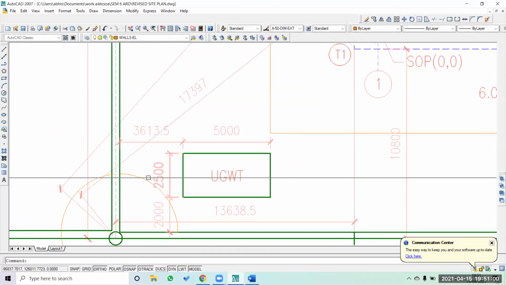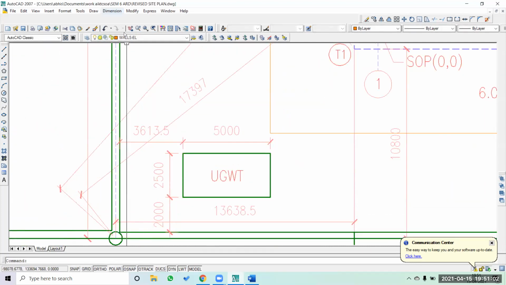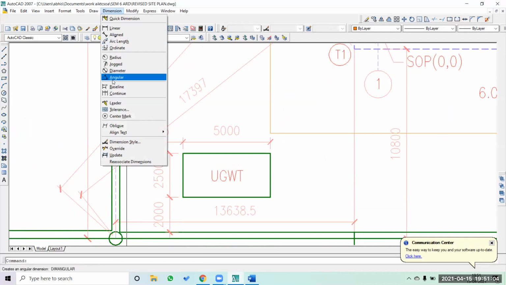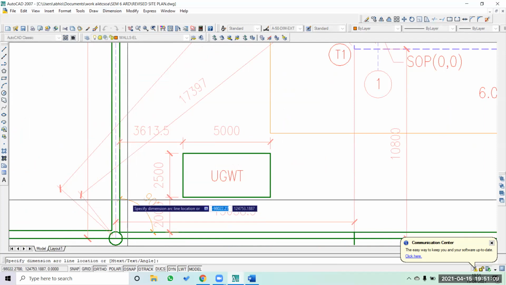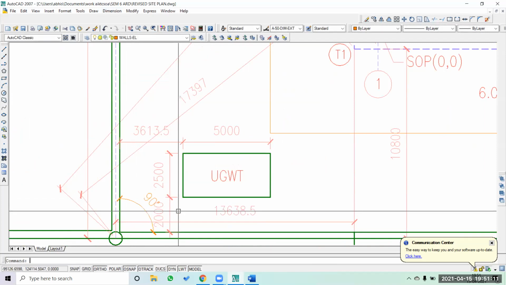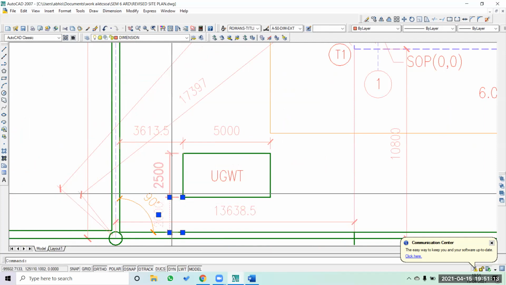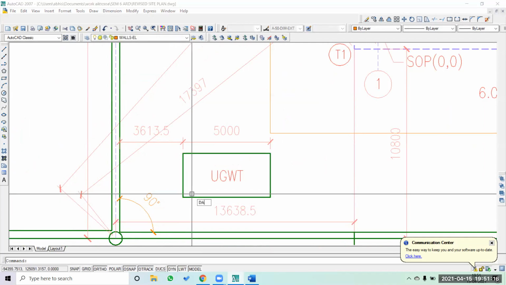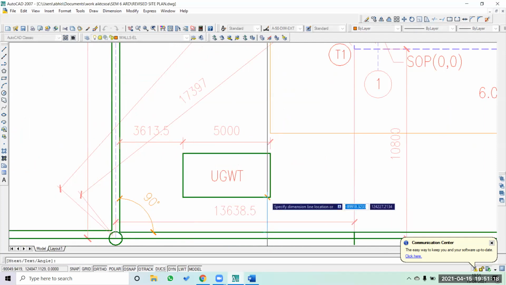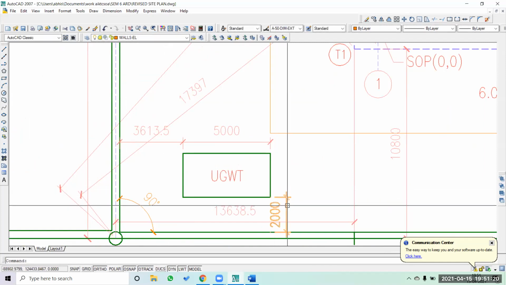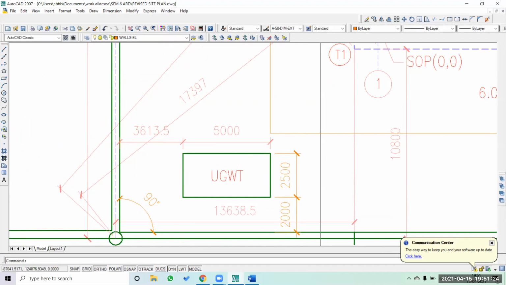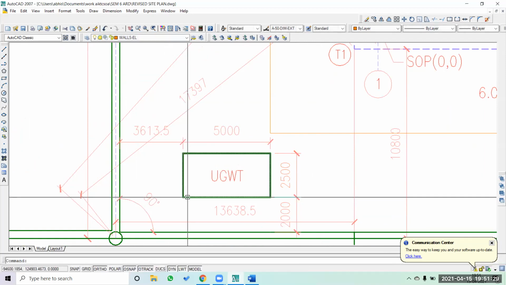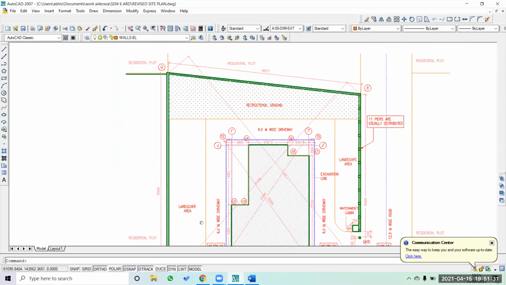Oh, it's an angular, sorry, it's an angle dimension, angular, yeah, and then it will provide us the information like this. So I'm going to mirror this particular dimension here so it doesn't confuse anyone. Okay, so this is the 90-degree angle.